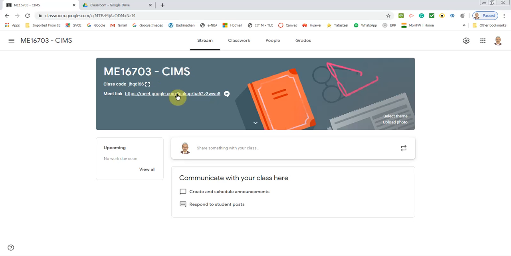The other way is, some students may feel Google Classroom is not needed, I am going to only attend an online lecture, I will only install the Google Meet app. If a student has to join your class through the Google Meet app, then this link will not work. Then how should the student join the meeting? So let's see. When I click on that,